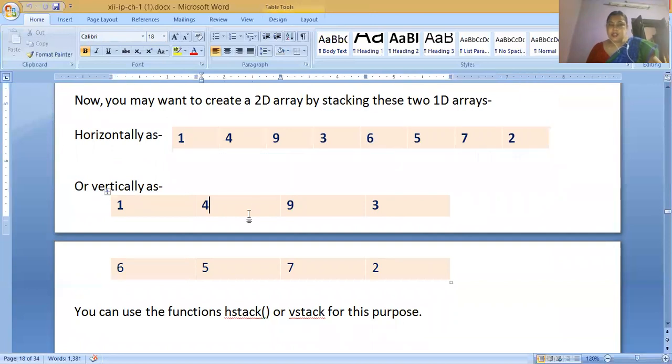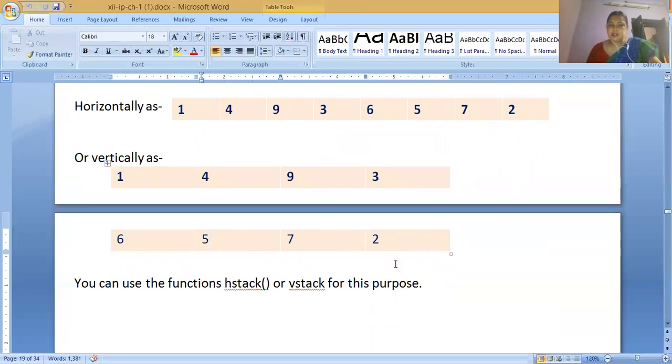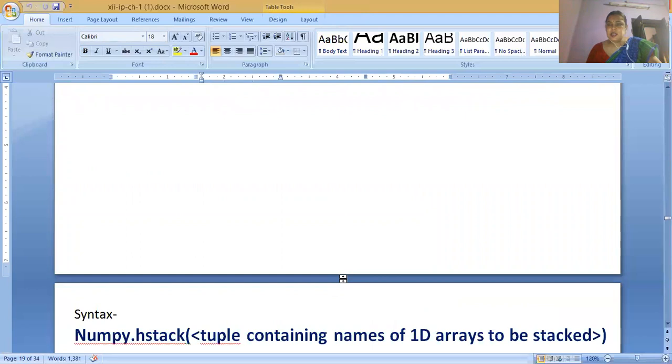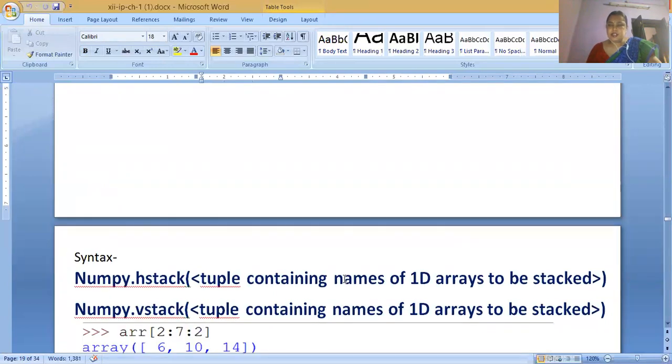So it will create a two-dimensional array, meaning 1493 and 6572 arranged vertically. We can use the hstack or vstack methods for combining one-dimensional or two-dimensional NumPy arrays. In hstack, NumPy arrays are combined horizontally, but in vstack, the NumPy arrays are combined vertically.